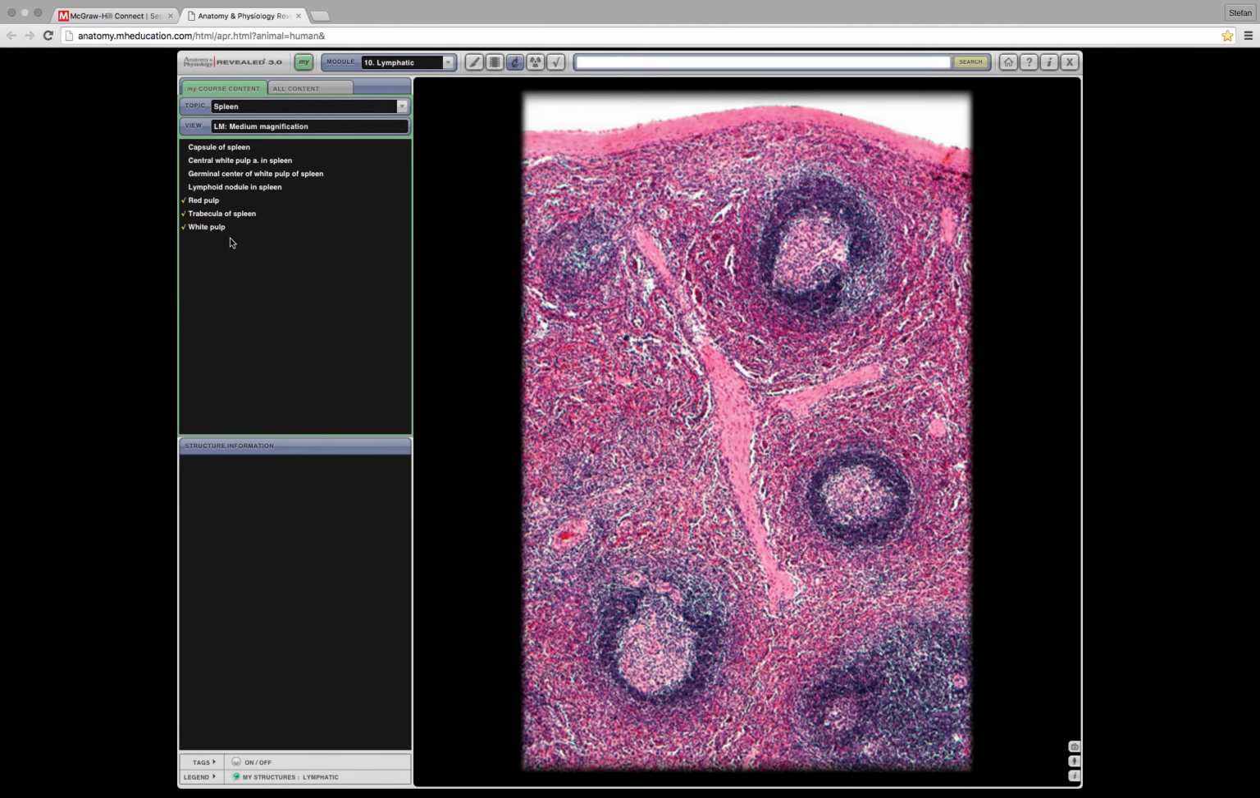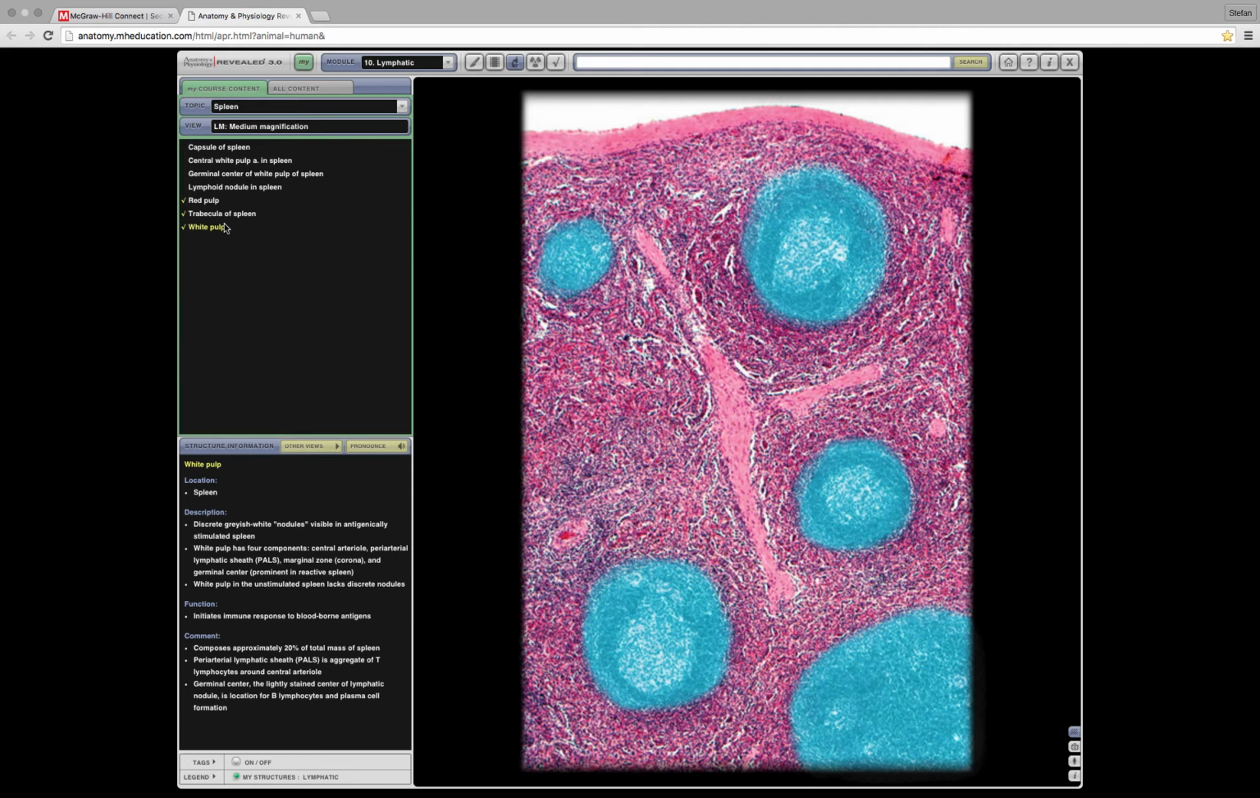Starting with the spleen, notice these circles in the middle of the tissue. I'll come back to why it's important that they're interspersed through the middle of the tissue. But these circles, those are your white pulp. So the white pulp, that is where the majority of your white blood cells are found